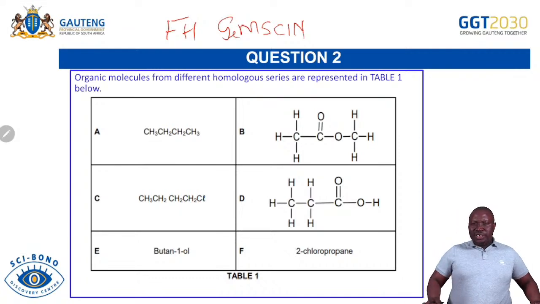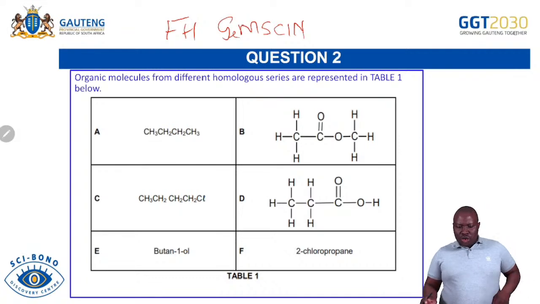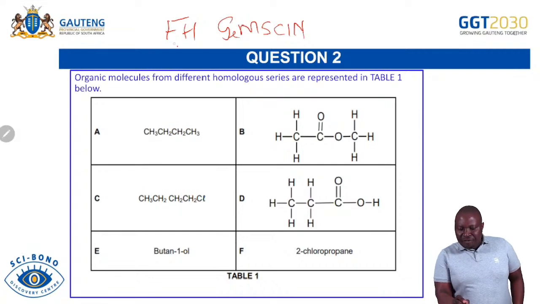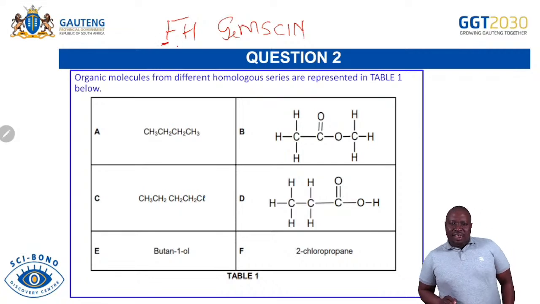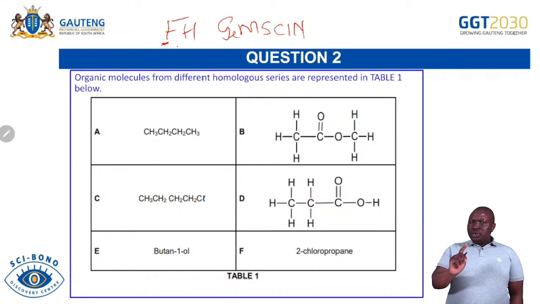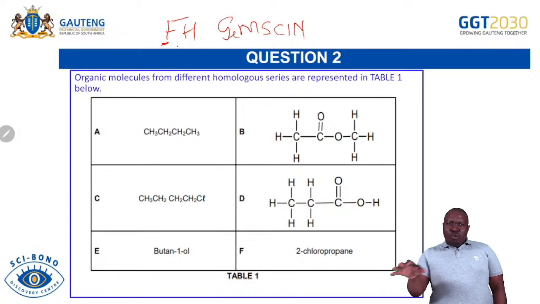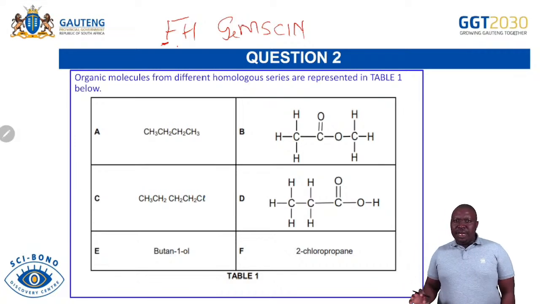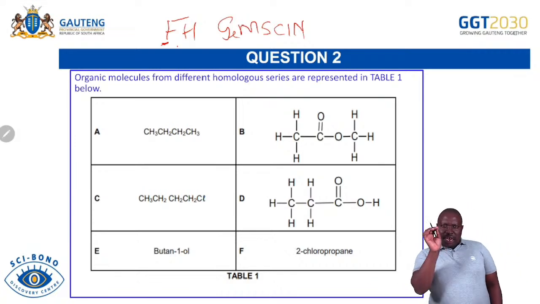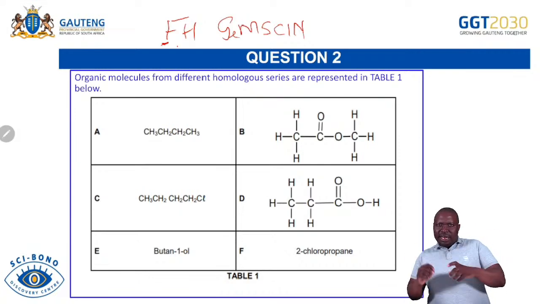So start here on the table. The first thing you will do, you will start with the F there. That F, you are saying, what are the functional groups? I told you to see a functional group, you are simply saying, what's that when I remove from this structure, it will become a hydrocarbon. What is that when I remove, it will become an alkane. When I remove that particular something, then it becomes an alkane.